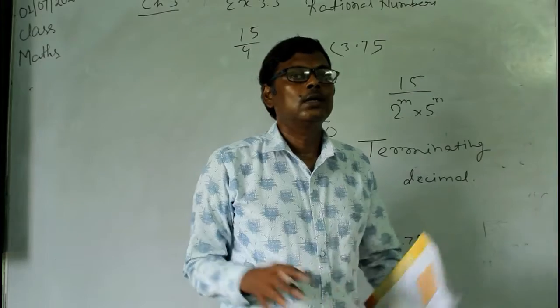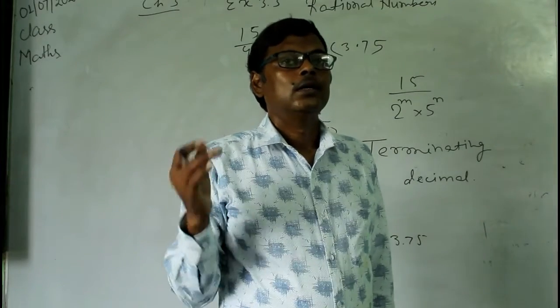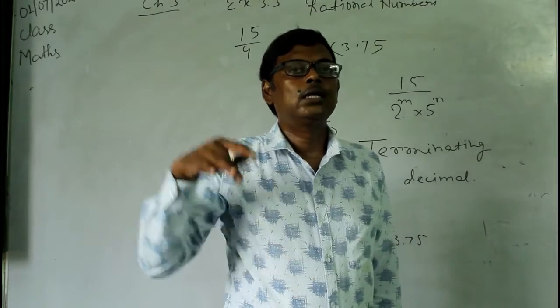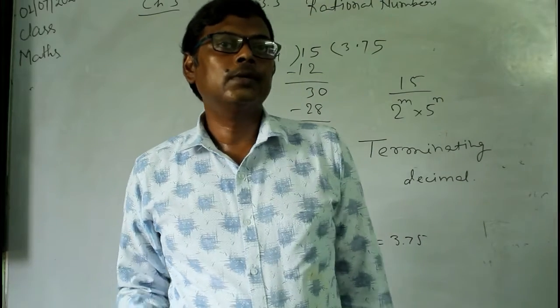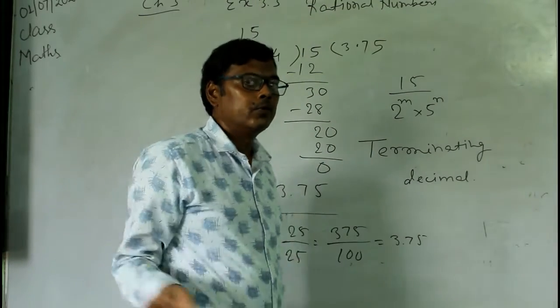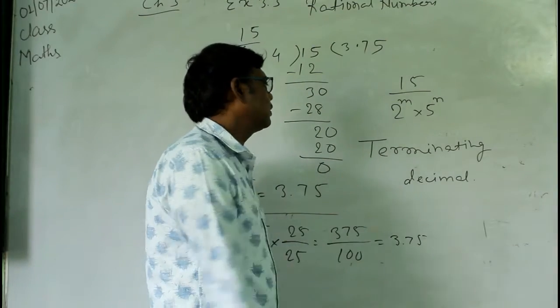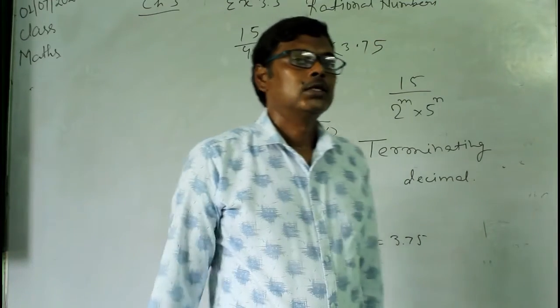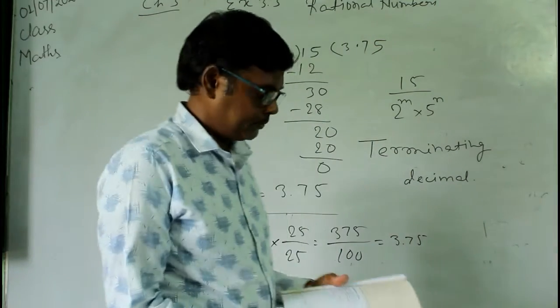And the word here is terminating. What is the meaning of terminating? There is a word terminal or terminate. Terminate का मतलब क्या होता है? खत्म, मतलब end कर देना कोई इसका. That is why it is called a terminating decimal. It means that this kind of division stops after some steps.